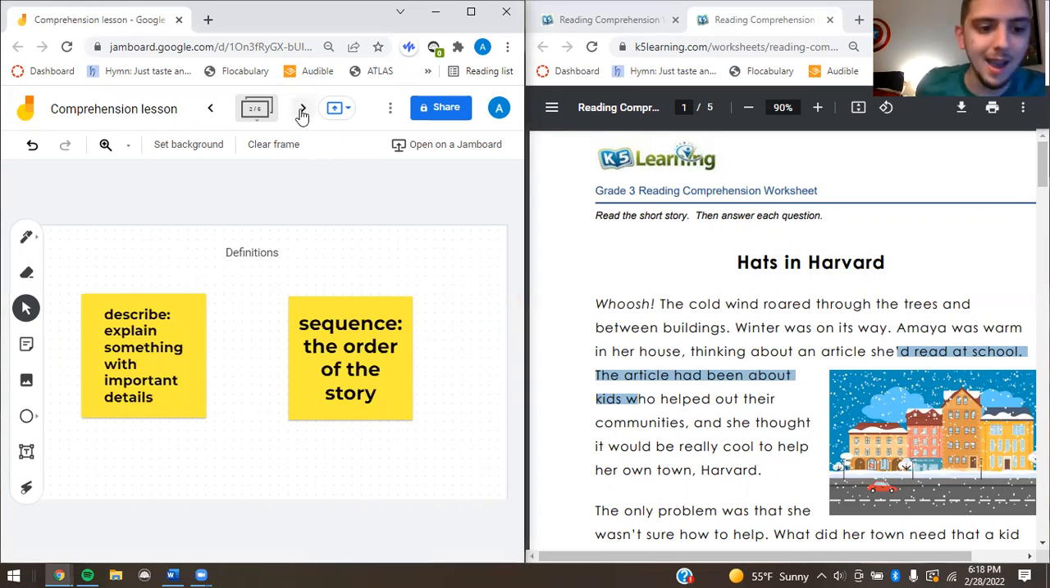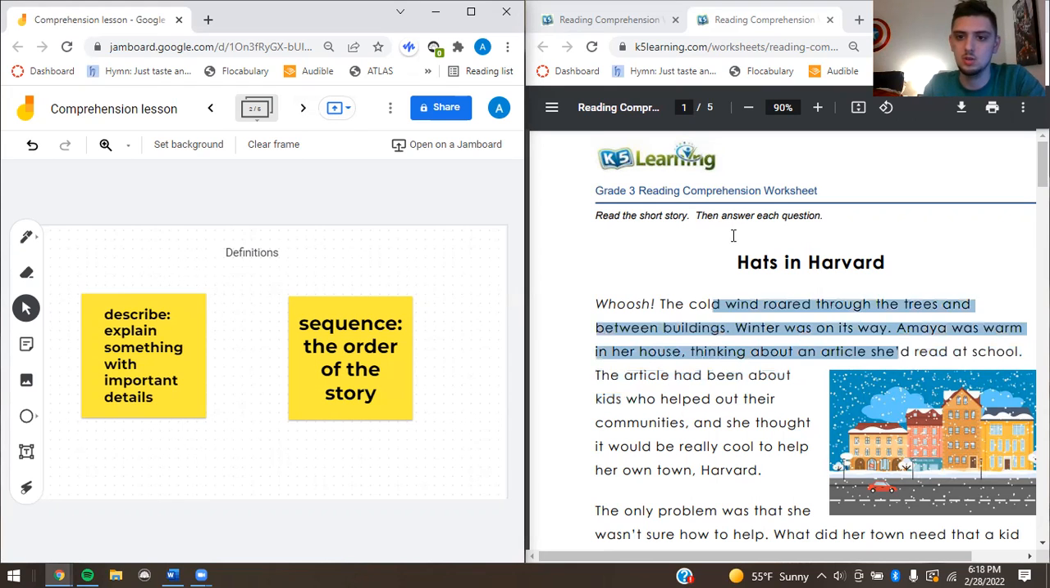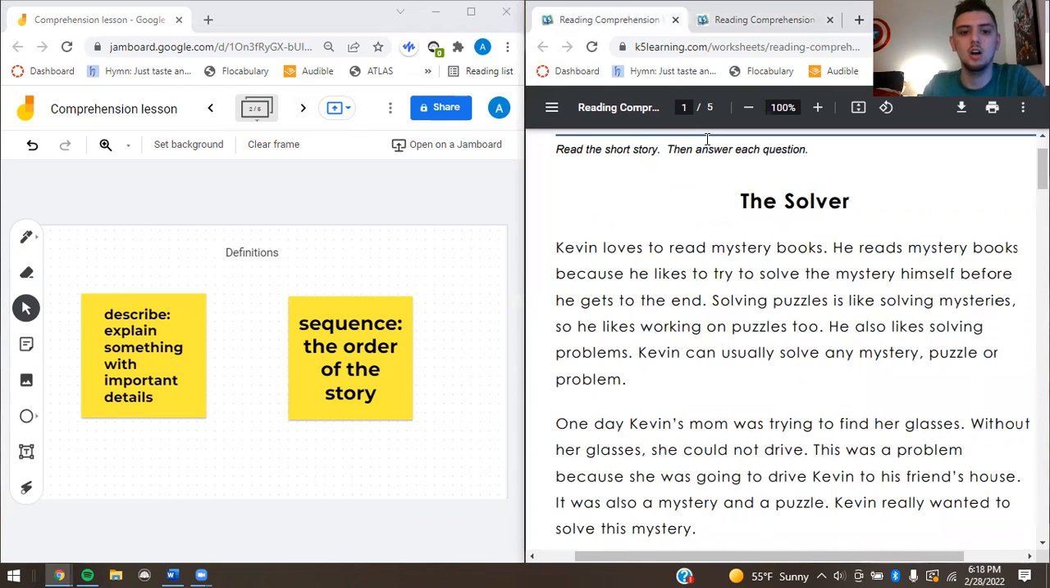And some key vocabulary and definitions you want to keep in mind as we go into this is how to describe, which means to explain something with important details. So emphasis is on important. There's going to be certain details in the stories we're going to be reading that are going to be important for us to look for and notice in order for us to be able to create a summary of a